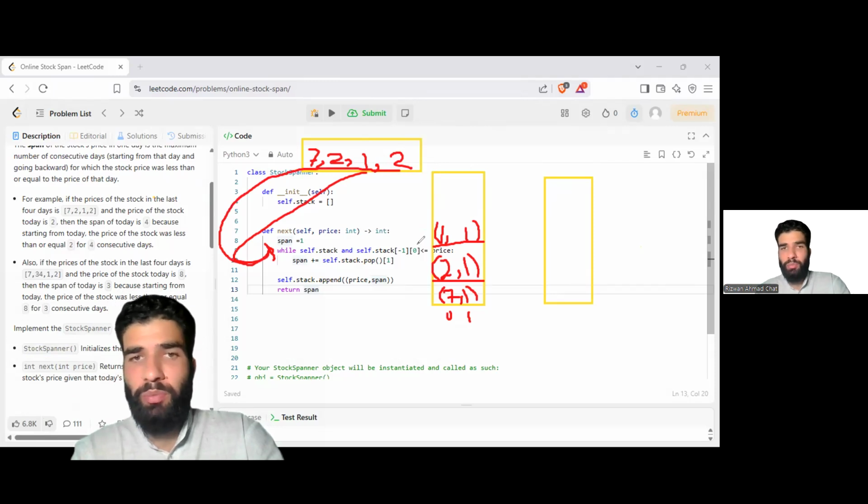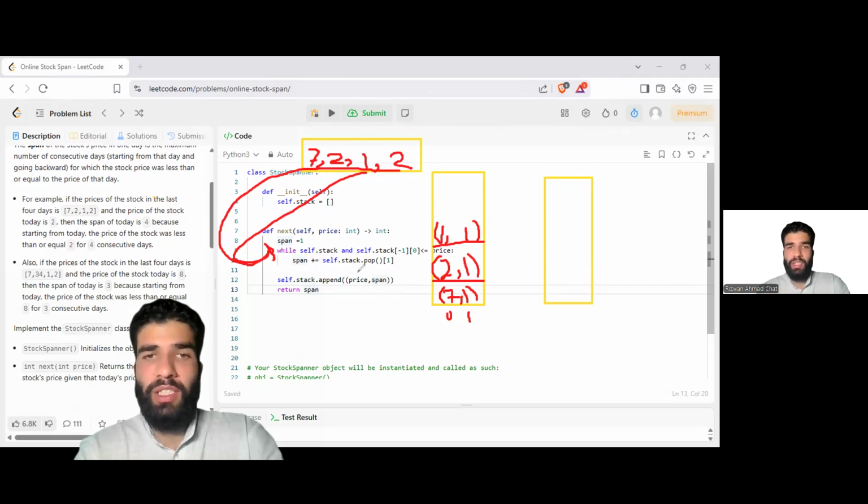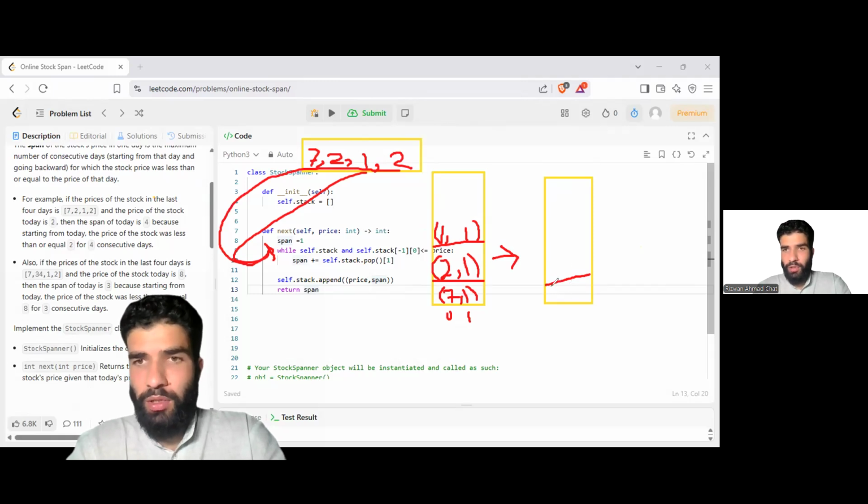Now the span is not going to be the same when the condition has been met. Span will be plus equal to self.stack.pop. We have to pop whatever is at the top of the stack. What is at the top of the stack is 1 comma 1. This will get popped, so it will look like this. 7 comma 1, 2 comma 1,